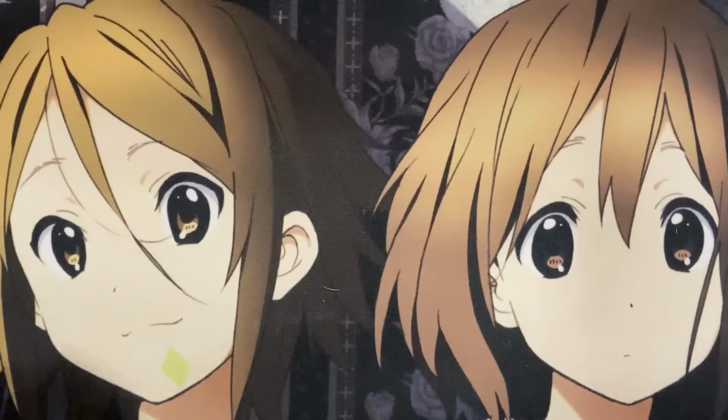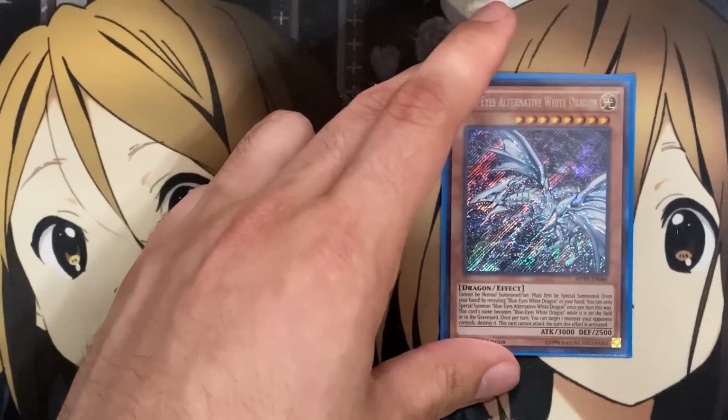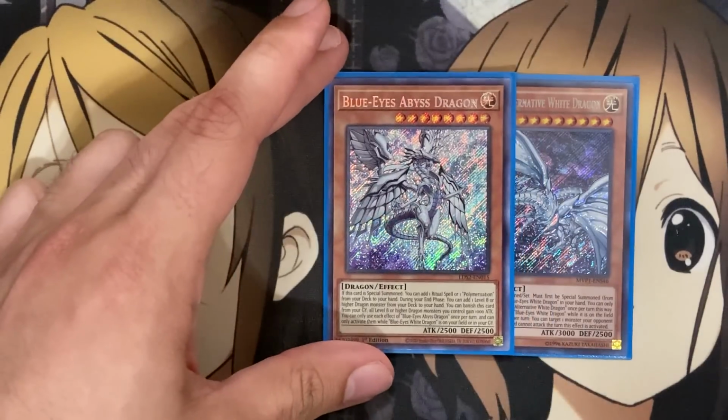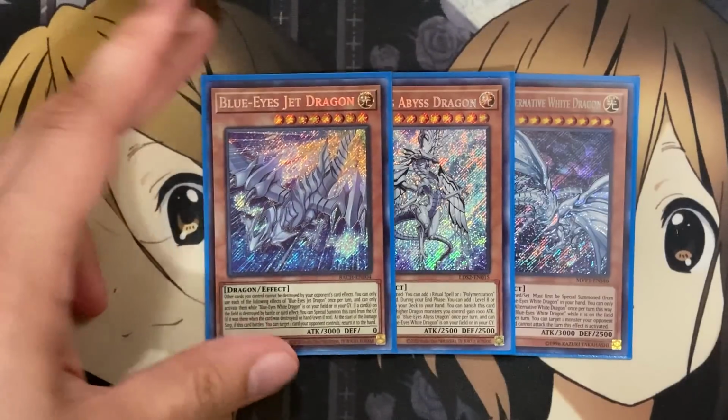And for the one-ofs, the reason these cards are at one is just because they're incredibly searchable, and for that, we are running one Blue-Eyes Alternative White Dragon, being able to easily search this 3000 attack, 2500 attack point monster with some of the spells we run in the deck. One Blue-Eyes Abyss Dragon for more of the protection power setup on the field. One Blue-Eyes Jet Dragon, following the same principle